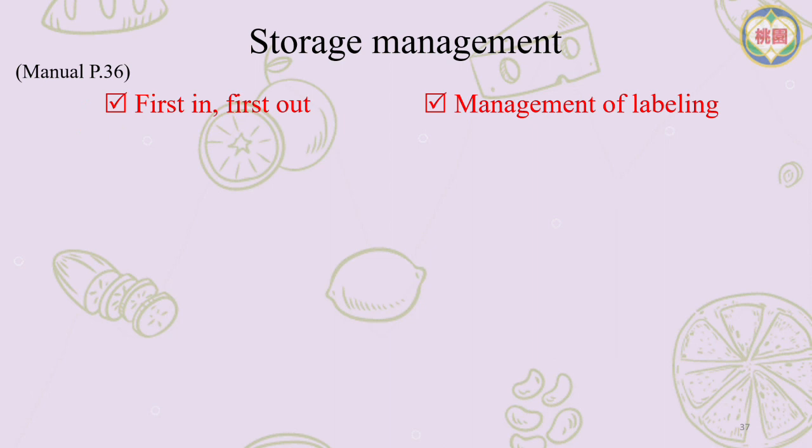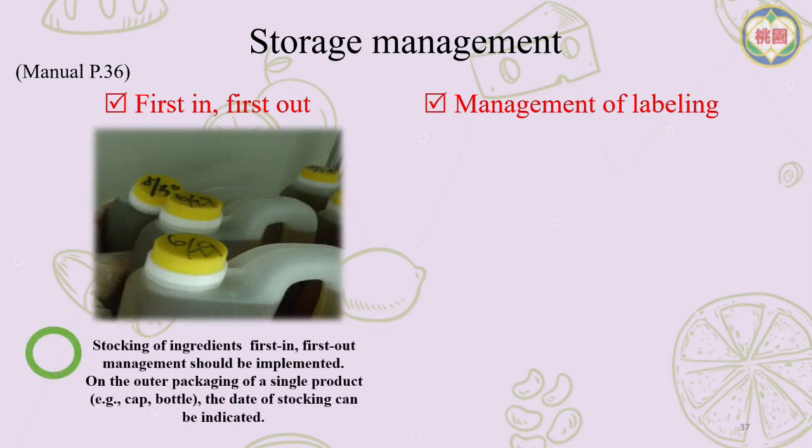The storage of raw materials must comply with first in, first out and labeling management principles. First in, first out is when ingredients are purchased, attention should be paid to their shelf life to avoid the occurrence of expired ingredients. The date of purchase can be marked on the outer packaging of the product, such as the bottle cap and bottle